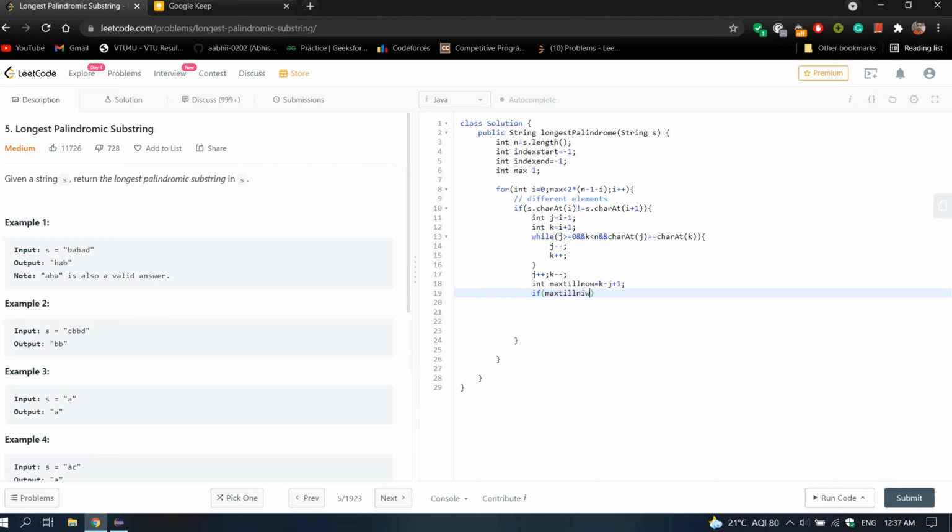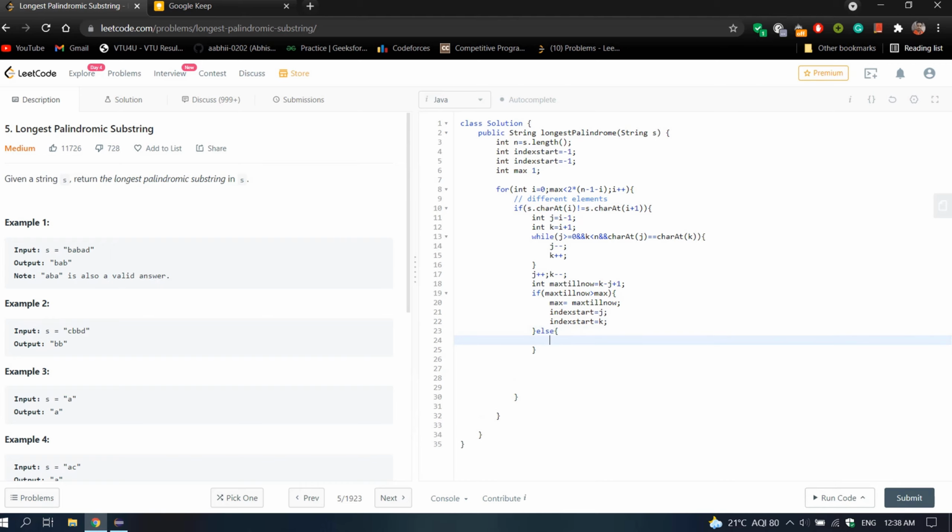Now if max till now is greater than max, then max is equal to max till now, and index start is going to be j, and index end is going to be k. This was our if part.